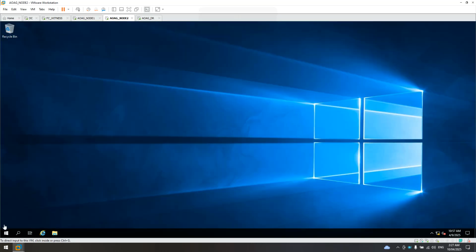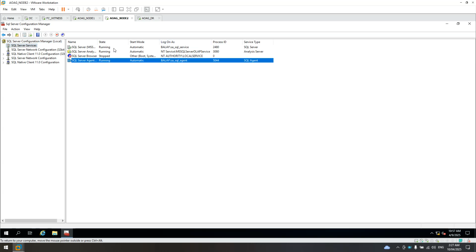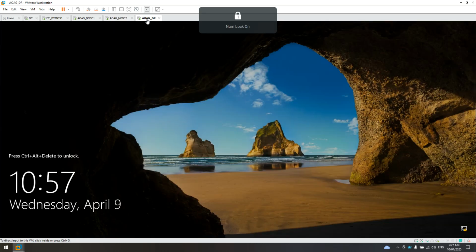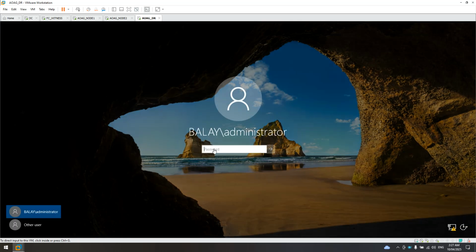Now let's check also node 2, open configuration manager, service. Same, still using the agent account for the agent and the service account for the service. On DR, just restarted, so let's log on.